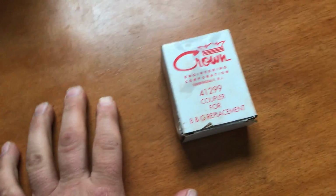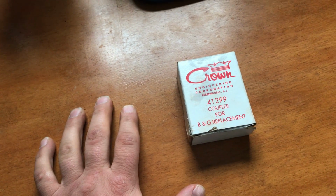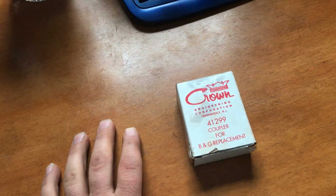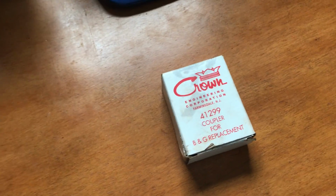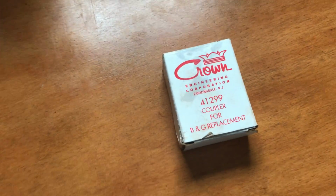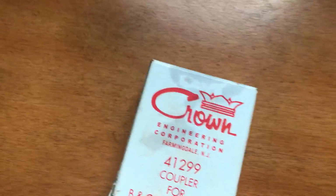This part right here is what they replaced. It's a common part. It breaks all the time. I could have done it myself, and I know that, but I didn't know it. This Crown Engineering Corporation, Farmingdale, New Jersey, 41299 coupler for B&G replacement. That is a $9 to $15 pump piece. It's the coupler. It is a $9 to $15 part. They charged me,